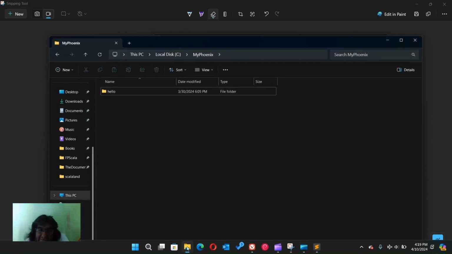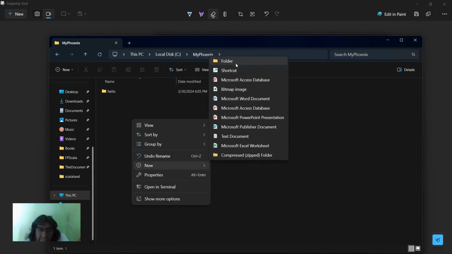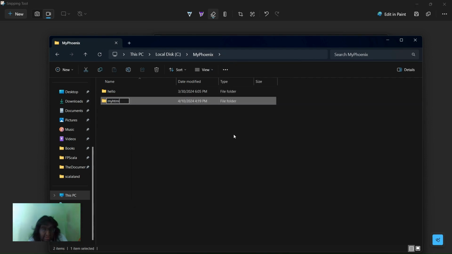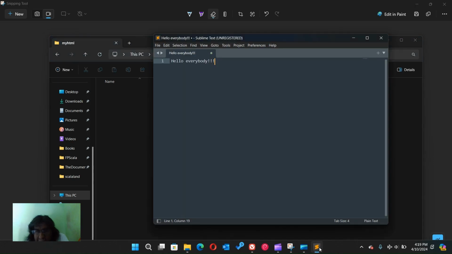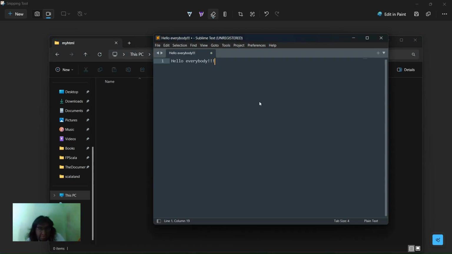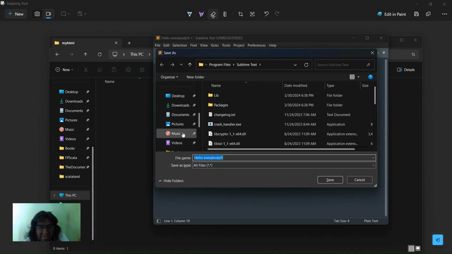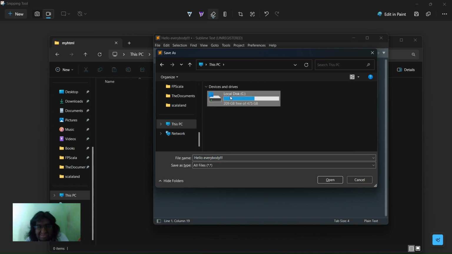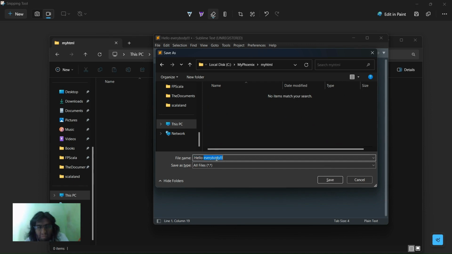Now you need to save the document. I will create a new folder, my HTML, and we are inside my HTML. This is my Phoenix folder, and now we press Control S or File Save, whatever you feel more comfortable with. And where is it? My Phoenix, my HTML, and you can put whatever you want in here, but I will call it index